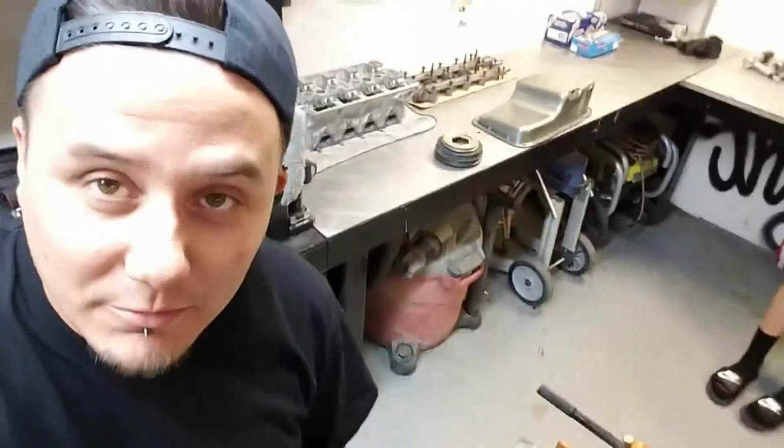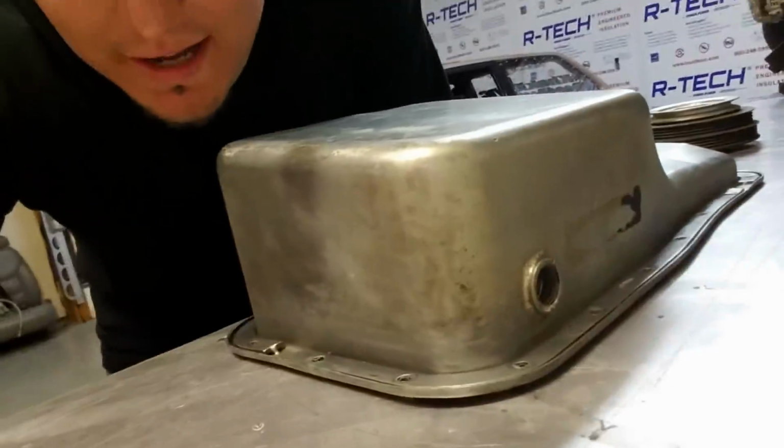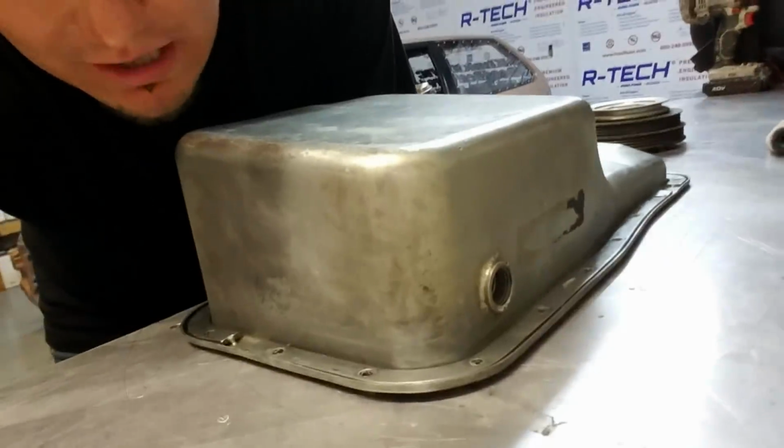Alright guys, we got a new day, and I left off last night. I put the oil pan gasket on the block, but then I went and grabbed the oil pan and realized that this thing was filthy as hell. I spent like 2 hours on this last night, and the problem I have is I want everything